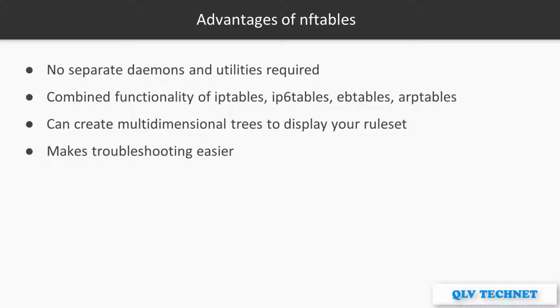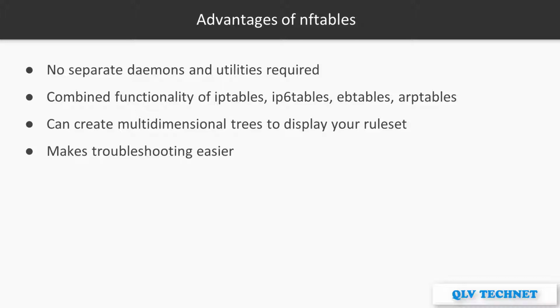So, what does nftables bring to the table? You can now forget about needing separate daemons and utilities for all of the different networking components. The functionality of IP tables, IP6 tables, EB tables, and ARP tables is now all combined in one neat package. The NFT utility is now the only firewall utility that you'll need. With nftables, you can create multi-dimensional trees to display your rule sets. This makes troubleshooting vastly easier because it's now easier to trace a packet all the way through all of the